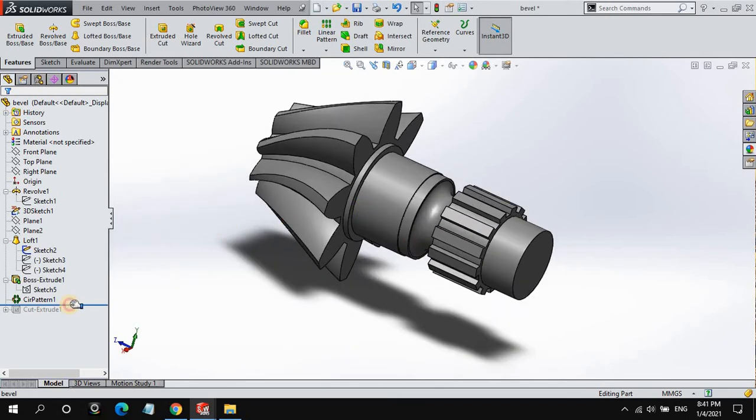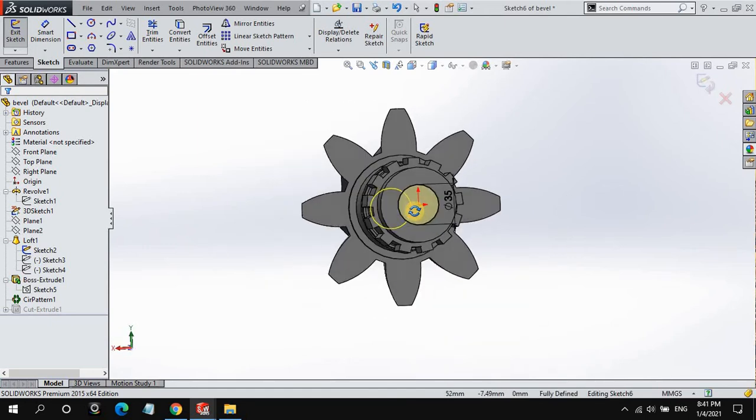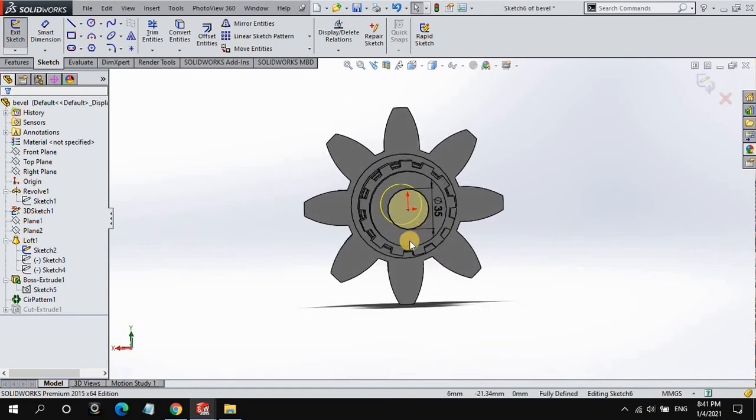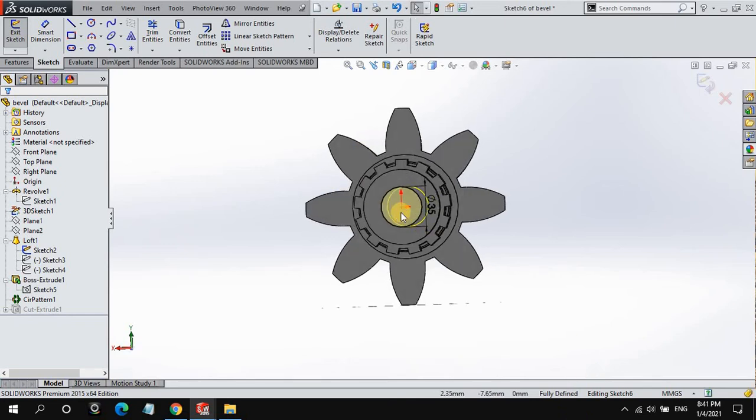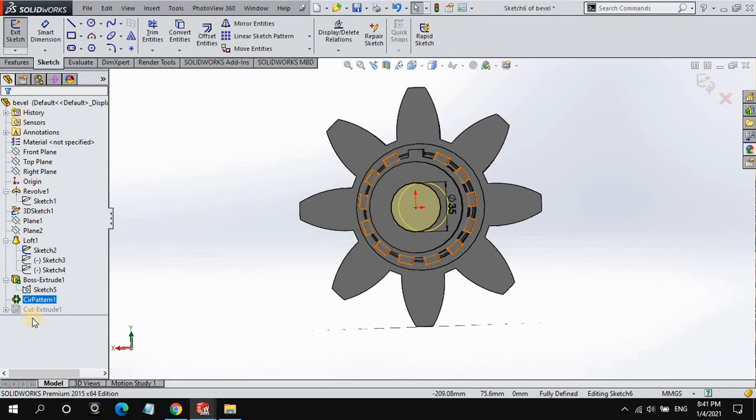After that, the last command is the cut extrude feature. First of all, create a circle on this face of about 35 mm diameter, to create the hole.